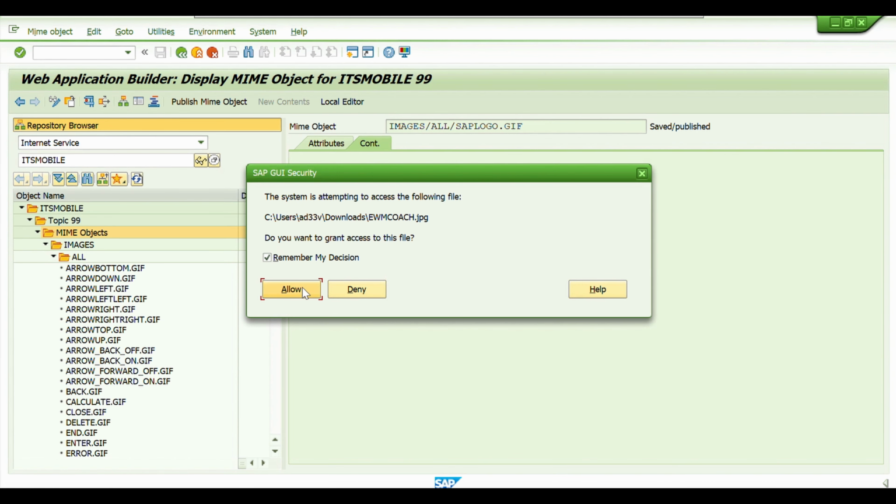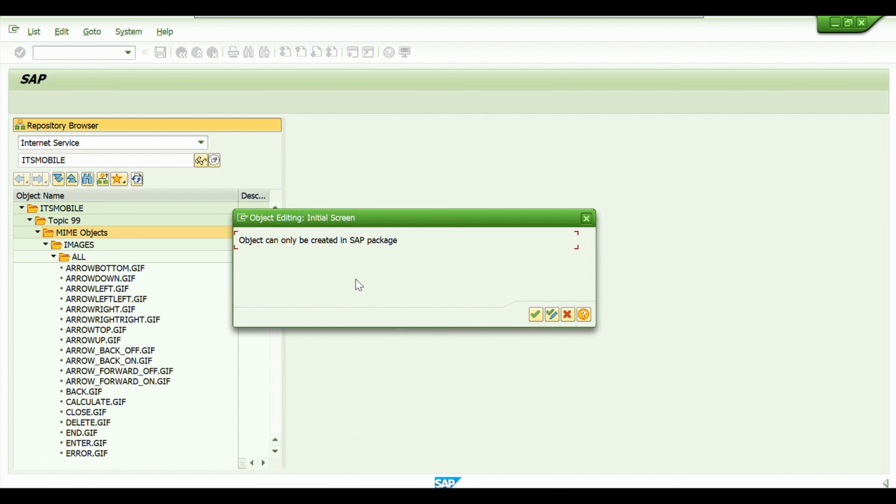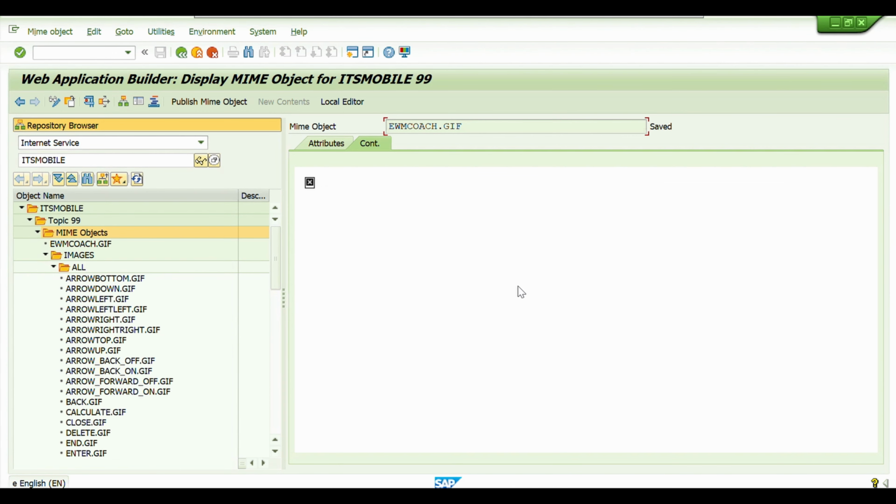remember my decision, allow. Yeah, so it is asking to add a .jpg, but I should upload a .gif. Okay, I give the theme and click on save. So it is saying the object can only be created in the SAP package. It is not a local object we are creating, we are modifying the standard one. It is the SAP standard one, so that's why it can only be updated in the SAP package. So I'll just click on OK, and remember decision allow, and you can see my logo is added,